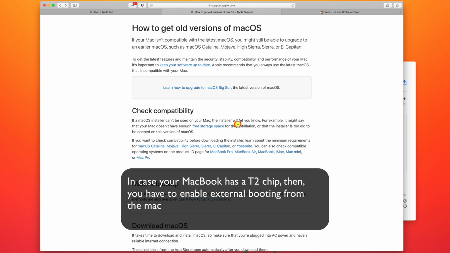In case you have a system which has a T2 security chip, which is most of the current MacBook Pros, and perhaps the new 27-inch iMac, you would have to go into recovery mode and enable external drive booting from there. Without doing that, your system will not boot from an external bootable device.